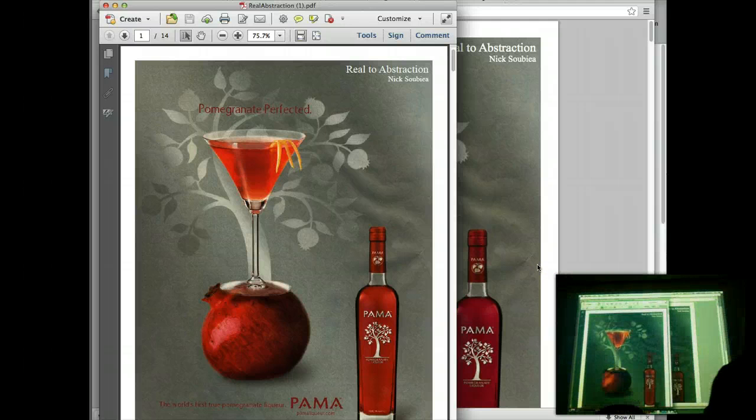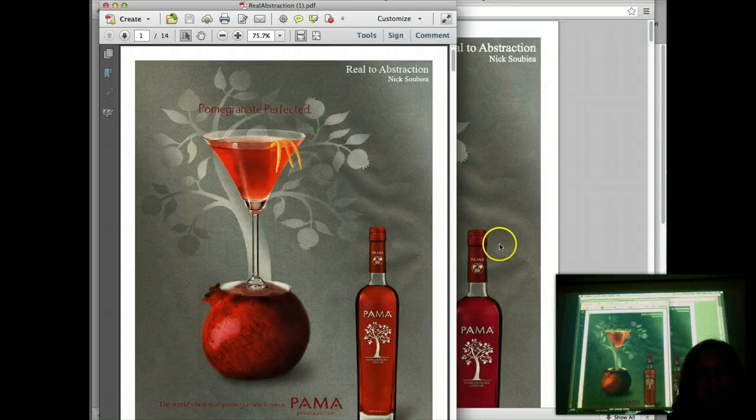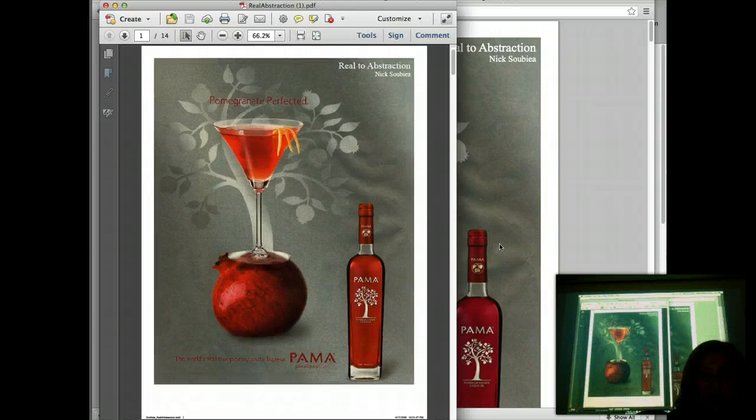One of the strong parts about this ad is it's got very definitive shapes. One of the weak parts about this ad is that it doesn't have a lot of movement. So, like I said, movement helps.